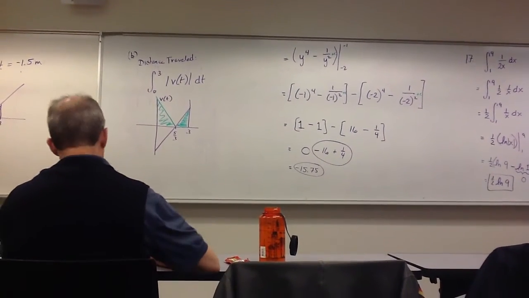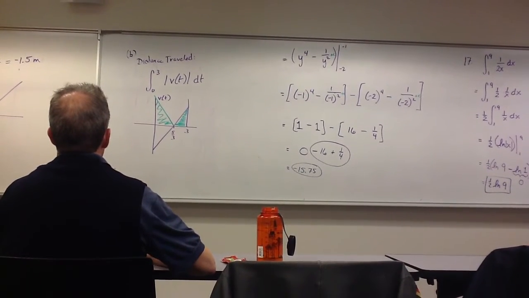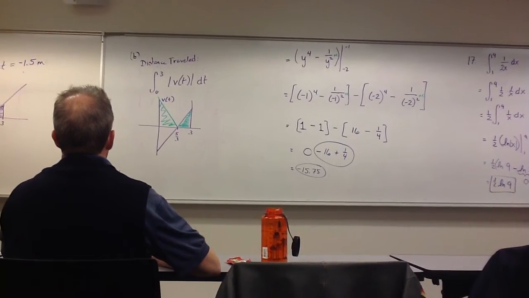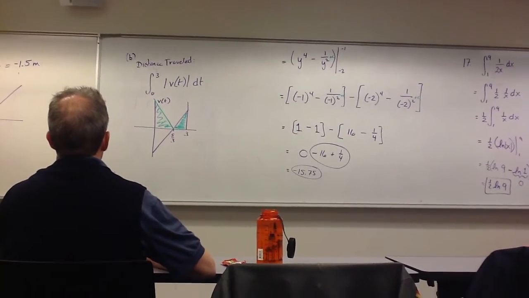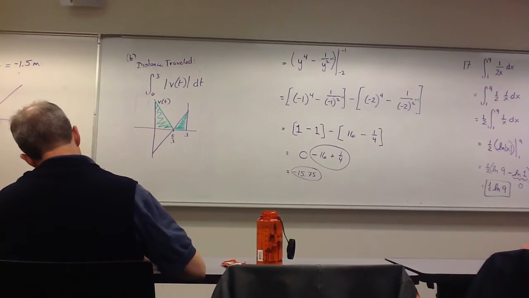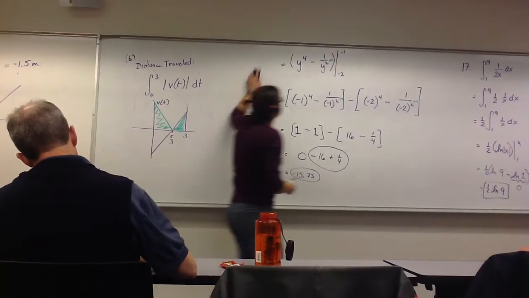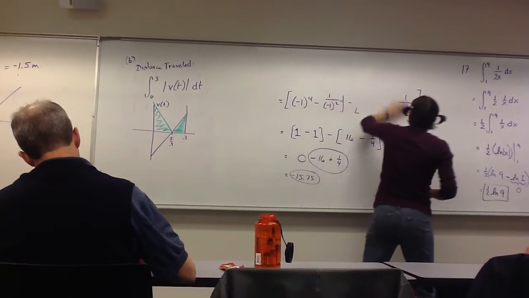So how do I calculate those areas? I have a couple of choices. One is I can calculate both of these areas because they're triangles, so I can do one half base times the height, and then find this area and add it to this area. Or if I want to set up the integrals, then I can split this up into two separate integrals